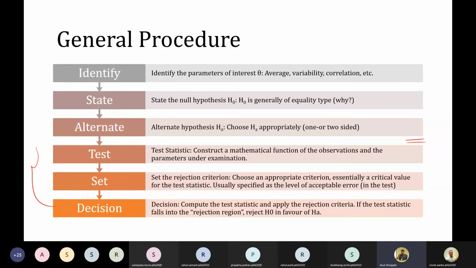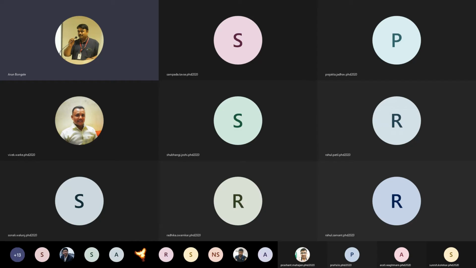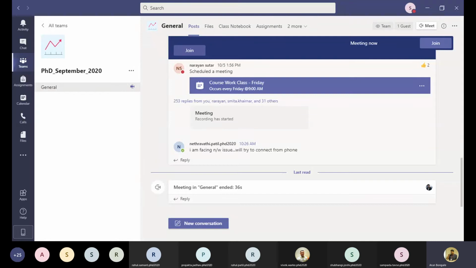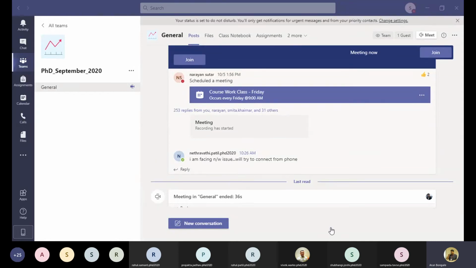If it is 50, whether it should be exactly 50 or we can set some variation in that. We can give some allowance for that, right? So that is what we will be discussing in this part. Again, we have some methods, some techniques for that, based on the criticality of the analysis. We set some rejection criteria. Then we take a decision whether the value fits in the rejection criteria or in the acceptance criteria, right? So that is the complete procedure for hypothesis testing.